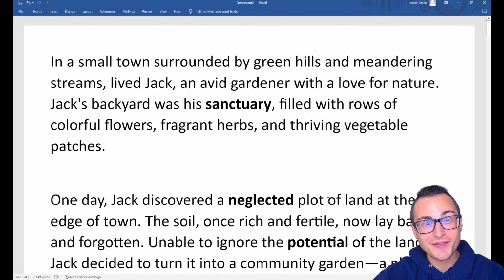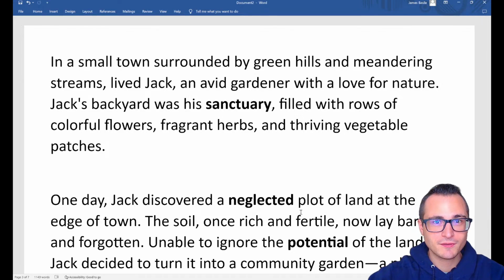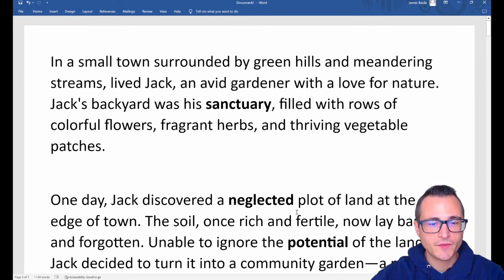We're going to read a short story and we're going to learn the meaning of 12 vocabulary words and how to use them in sentences. Do you like to learn new vocabulary? Well, I'm happy that you're here. So let's start reading the story.